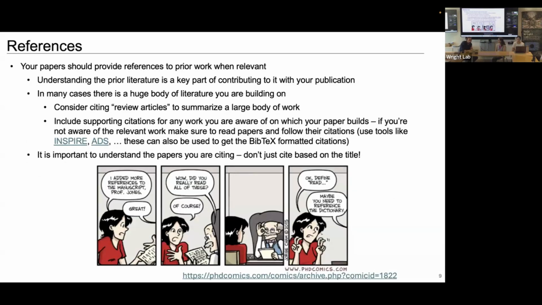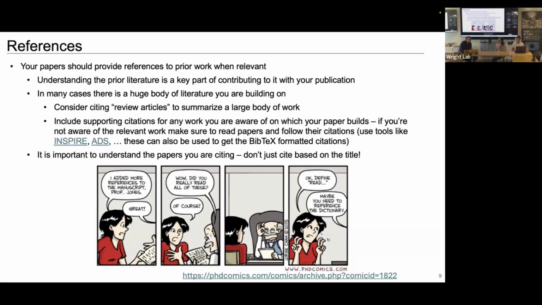Okay, let me say quickly on references. I think I might be over time, so let me hurry up. Understanding the prior literature is really a key part of writing papers. You want to know it's new, and you want to include citations that are right, that you've read, and that are appropriate for what you're writing. There are many examples of citation bloat. People just throw a lot of citations into their work. Sometimes you can't cite every article that matters, and maybe there are review articles that, if you're in a very mature field, give you a comprehensive view of a large body of work.